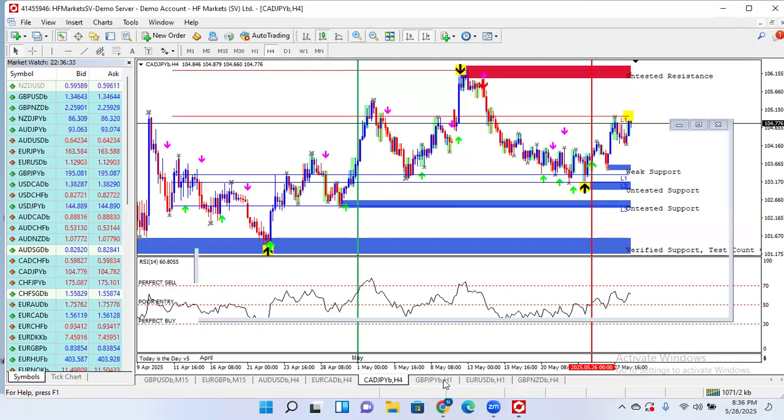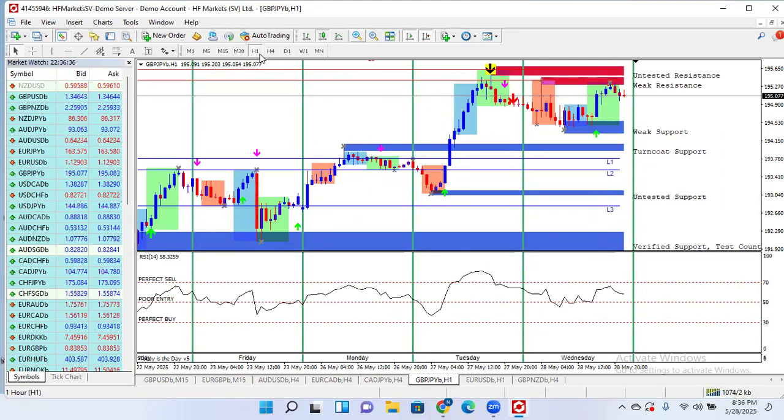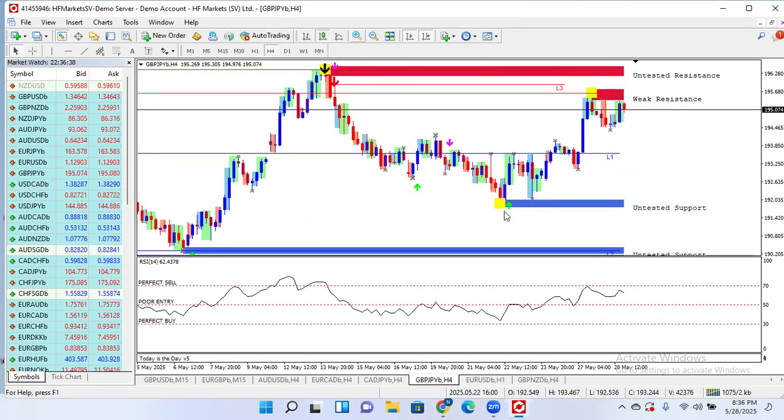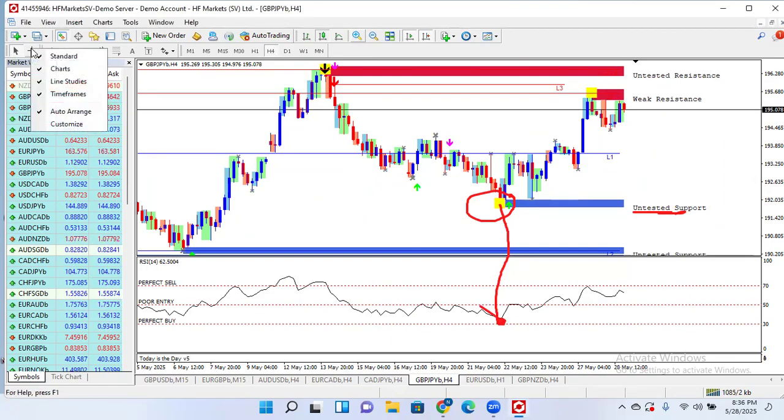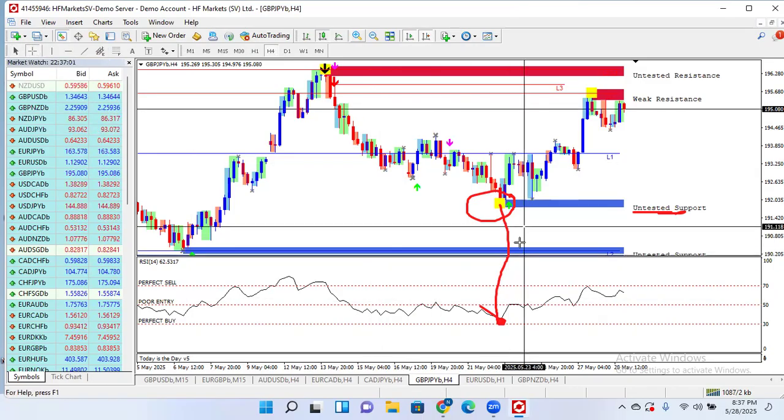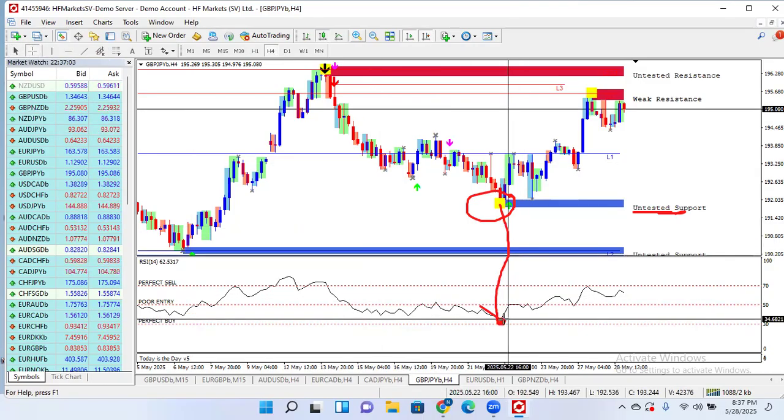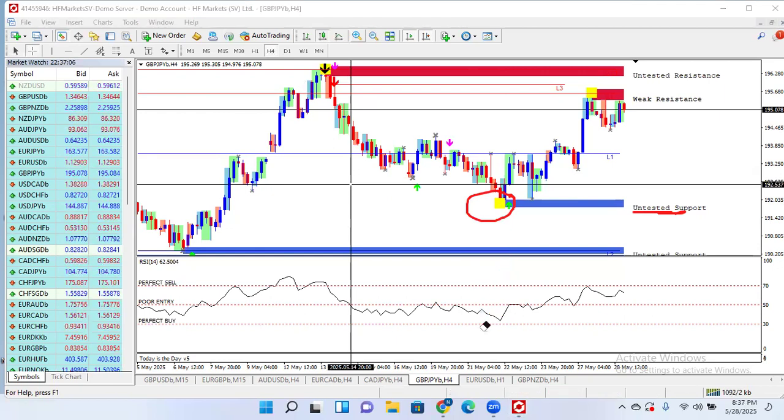Now the same happened to GBP JPY. Look at it. You know we are buying this guy. He took us out. But look at it again. What you're seeing here is a yellow box, right? Without arrow inside. Okay? Untested. If you track it down, it's at this RSI. This should be 32. Let me even check if I make a mistake. This should be 32. Okay, 34. Fine. Right? So on a zone,